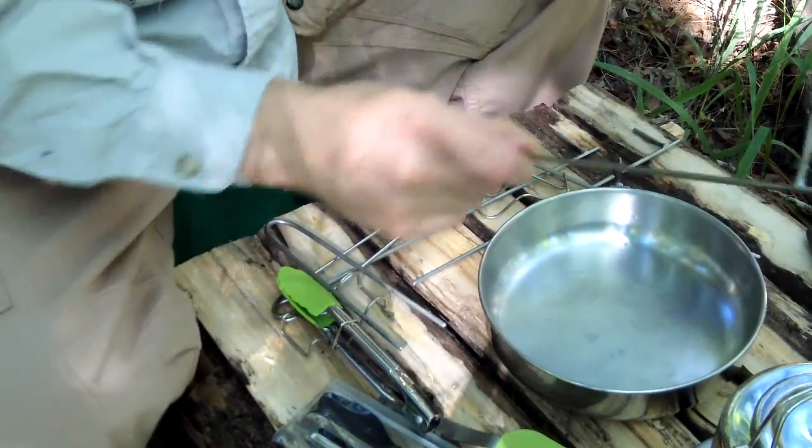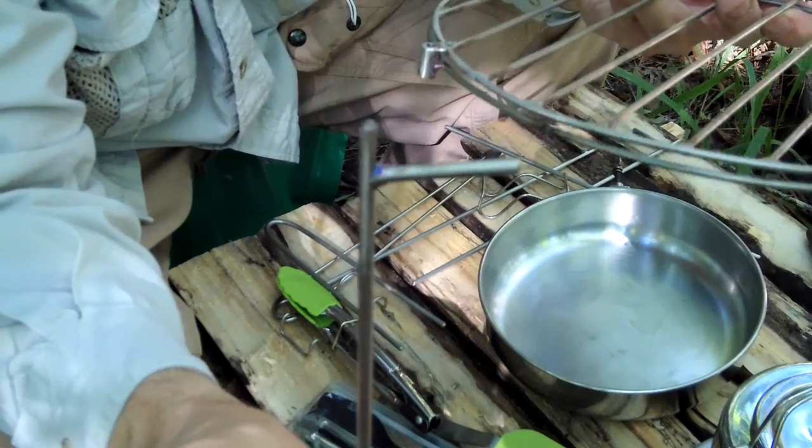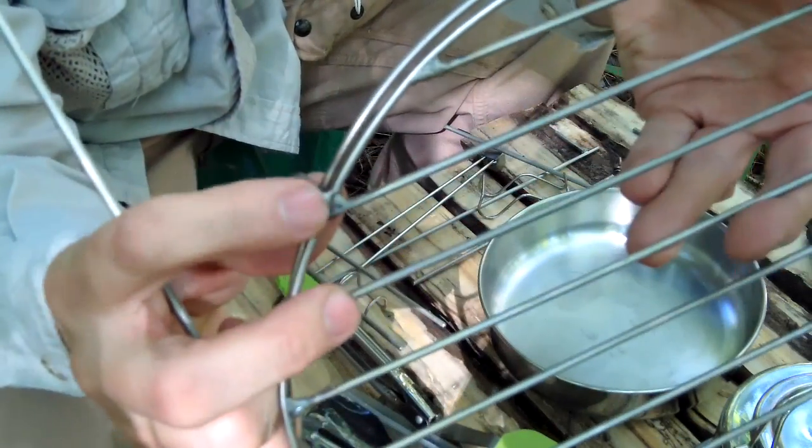It's just kind of something that came to my mind. Now normally whenever I make these things, I'll have these rods right here, and when I put the